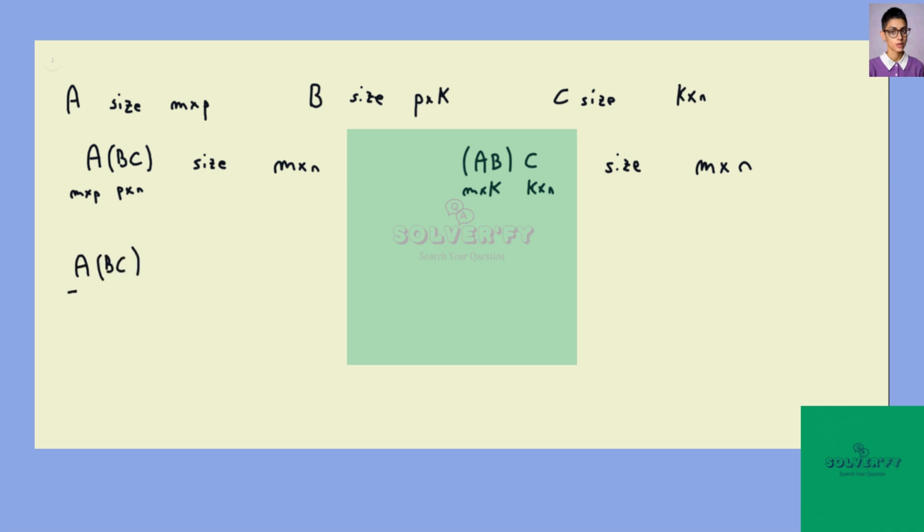So let's look at the ijth entry of A times BC. Now this is by definition of product the sum over the columns of the first factor. So A has p columns, so we're summing, let's say, L that goes from 1 to p of A in position I, L, that multiplies BC at entry LJ. Now again, by definition of product,